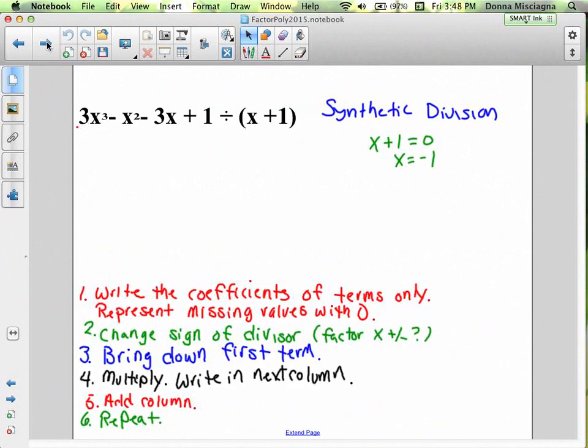Okay, so here's our first problem. 3x cubed minus x squared minus 3x plus 1. And we're going to divide by x plus 1. I have the steps there